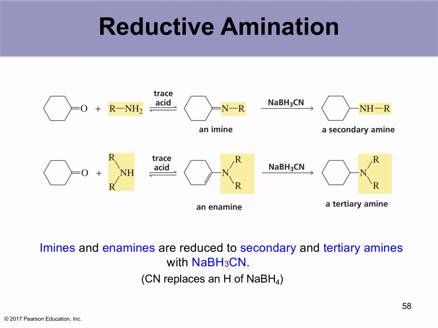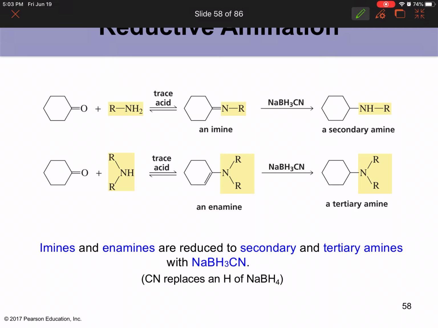Okay, so reductive amination is once you form an imine or an enamine, with either a primary amine or secondary amine and a carbonyl group, the resulting imine or the enamine can be further reduced to make this saturated. And you can see here sodium cyanoborohydride is another reducing agent, a derivative of sodium borohydride. Remember the sodium borohydride that we used to reduce aldehydes and ketones. Now you can see here there are 3 hydrides. So instead of 1 hydride,